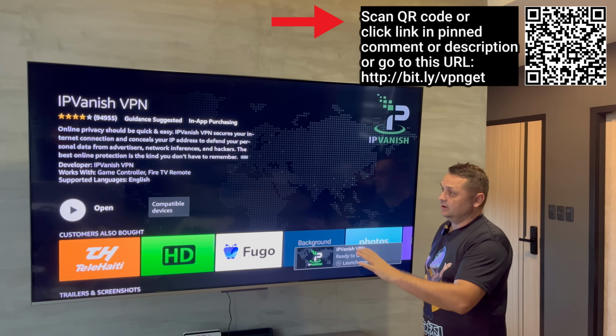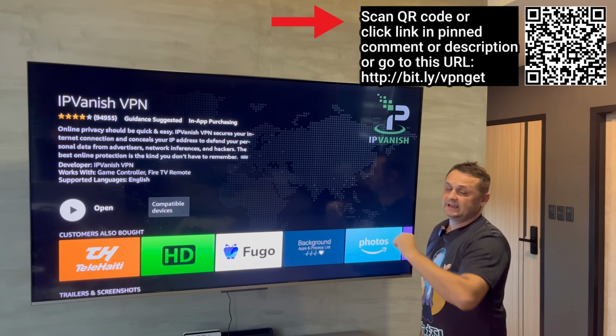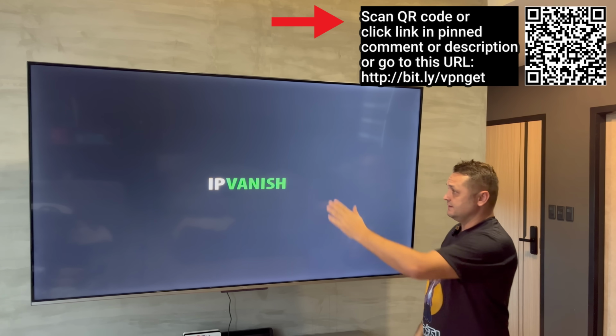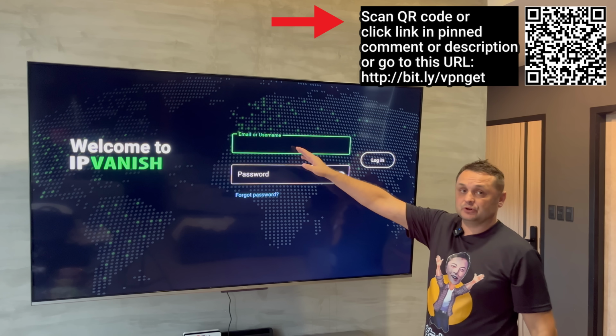So you can pause the video and I'm going to set it up quickly, and then we're going to get the Unlinked application, okay? So let me log into mine here. I'm going to click open once you have IPVanish, and it's going to ask you for your email and